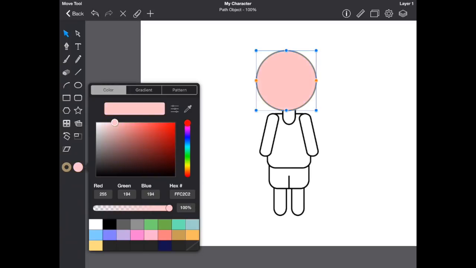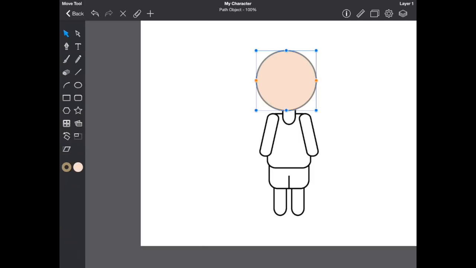So I mean, you can choose any color. You can even have your character be a different color, why not? But I think I'm gonna stick to some like light skin color, something like that. Good. So what I'm gonna do next is I'm gonna get out of this window and then tap on your